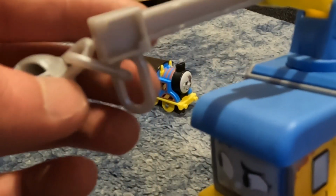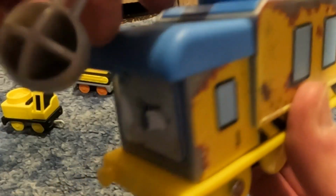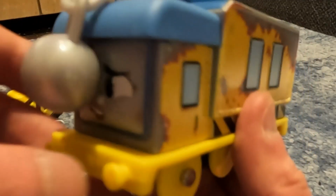Oh yeah, and it's an actual chain as well. It's like an actual chain, kind of like the Paint Through Every Set. So it's got an actual chain, like that hook does on the Paint Through Every Set. And it's not like one of those stupid little thingies, like the grabber hooks, which is like a fake chain. It's like a nice actual chain. But yeah, you can swing and wreck and...